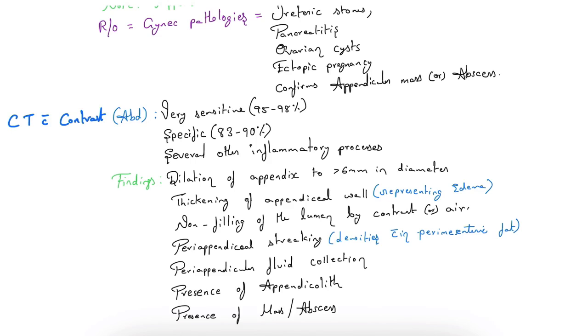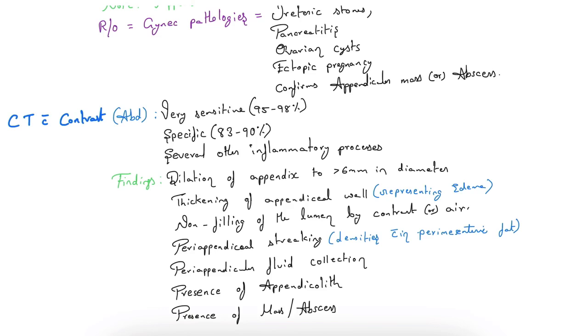So next one we can do is CT with contrast. Contrast-enhanced computerized tomography of the abdomen is very sensitive, like 95 to 98%. The specificity is 83 to 90%. In several other inflammatory processes also we can easily find things like dilation of the appendix to greater than 6 mm in diameter, and we can see a thickened appendiceal wall, which represents the edema, and non-filling of the lumen